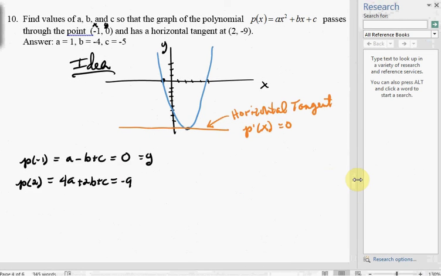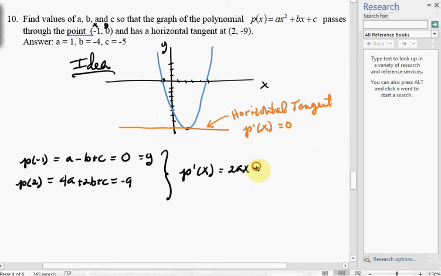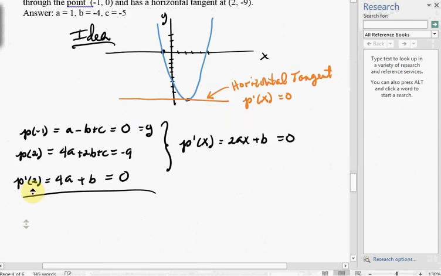Okay, good. So the next thing you have to do is find, I think it's easy, p prime of x. This is 2ax plus b. Here it says it's horizontal, which means that the derivative is equal to 0. It says it has a horizontal tangent at x equal to 2. So this is p prime of 2. Look at the derivative. This is 2 times 2. I get 4a plus b. That's equal to 0. I have a 3-by-3 system. The 3-by-3 system,